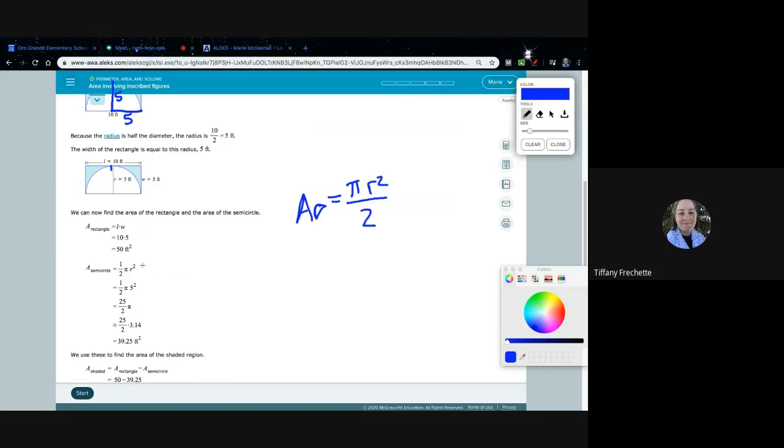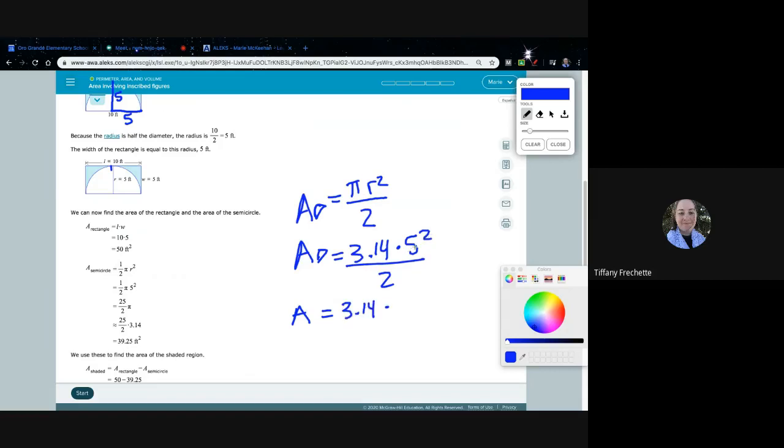So then they use their radius. They have 1/2 pi times 5 squared. I don't particularly like how they're jumping here just because it's not showing you the whole thing. So let's go 3.14 because that's what they want to use instead of pi times 5 squared over 2. And then area equals 3.14 times